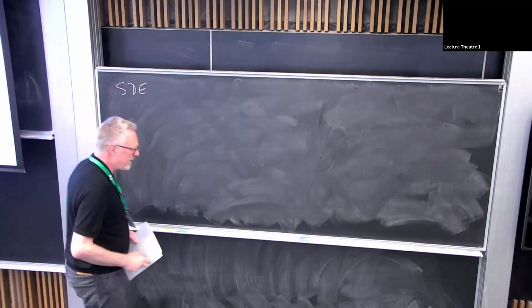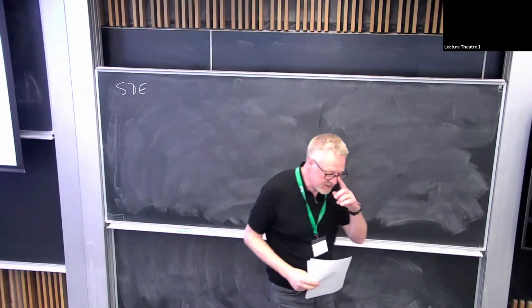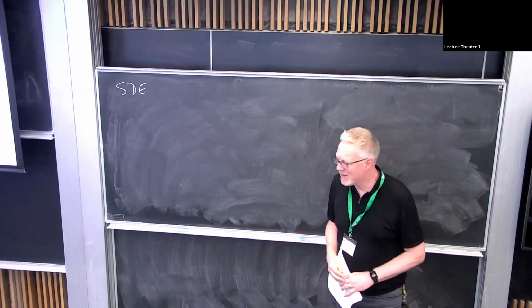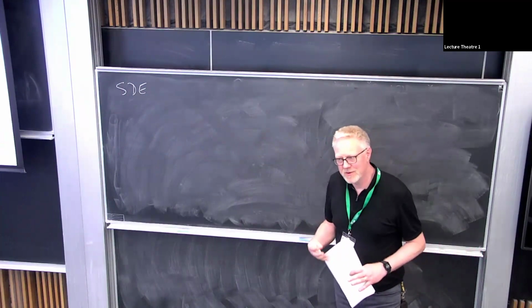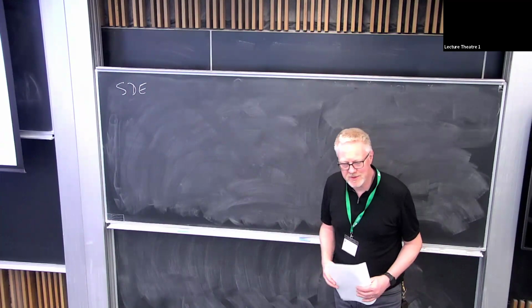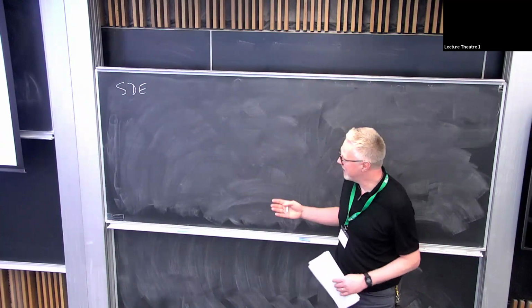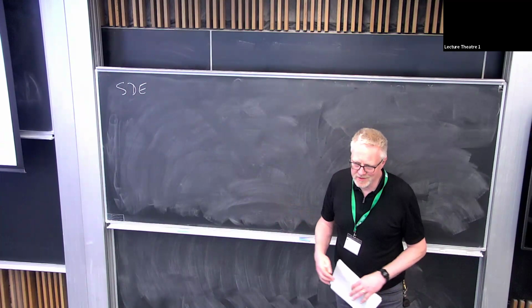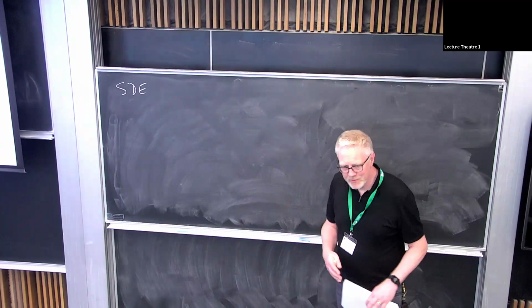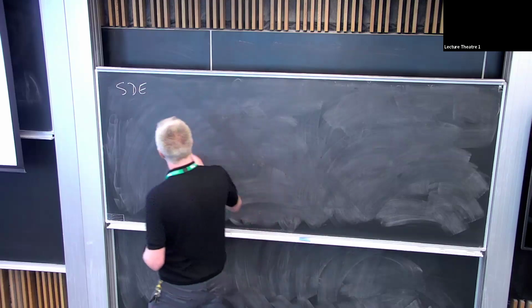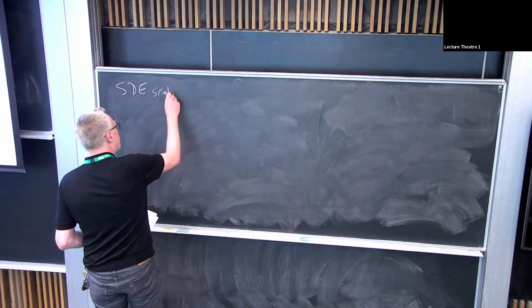I'll just focus on scalar stochastic differential equations because they're much easier to write down and analyze. We're going to look at the basic Euler-Maruyama method, and that generalizes perfectly straightforwardly to systems. So everything I write down for the scalar case, you can just think of them as vectors, and it will work for Euler-Maruyama. It doesn't work for higher order methods, but it works for Euler-Maruyama. So the scalar SDE,